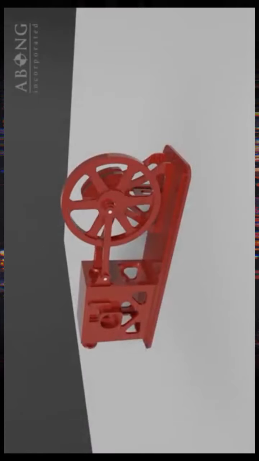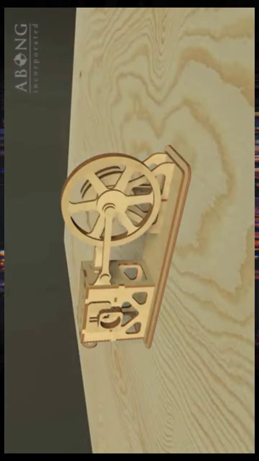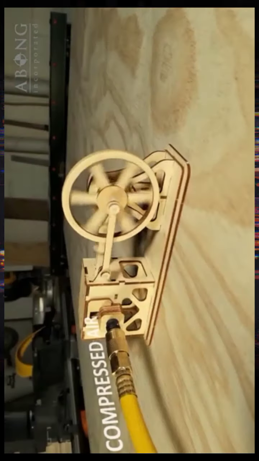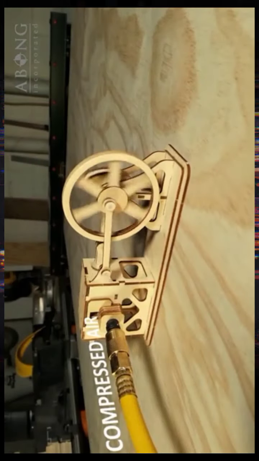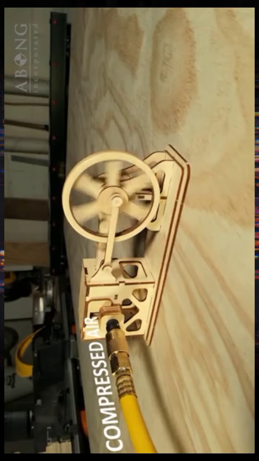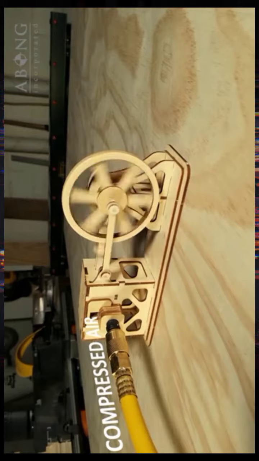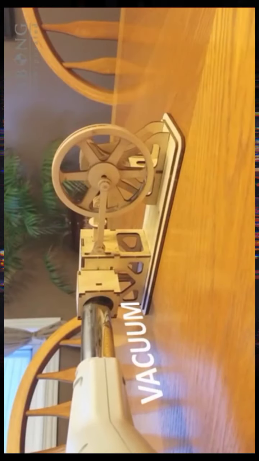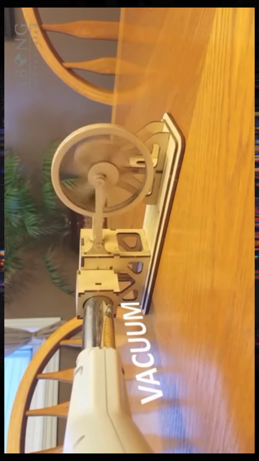As it turns out, the double-acting engine can also run on compressed air. If you have some power tools, you can build one of these engines out of wood from plans available online. If you'd rather build from a kit, we've developed an inexpensive working engine that you can build with little more than glue and sandpaper. It can be connected to an air compressor, or you can run it on a vacuum